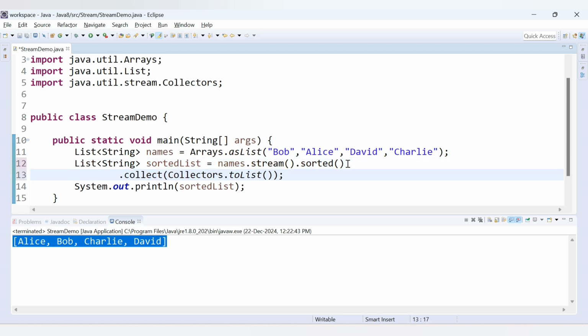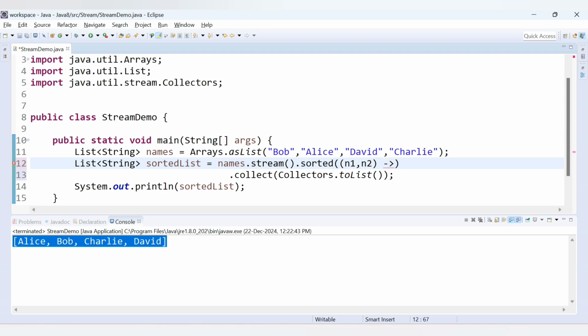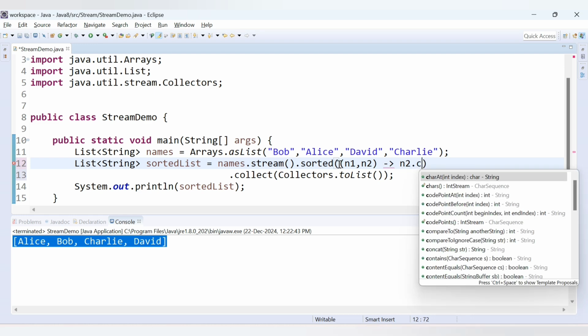Let me have this in the new line here. So inside sorted, you can make use of a lambda expression. Here you can take two arguments. Let's say n1, you can provide any variable name here, n1 and n2. I'm providing two variable names here. Then I will say arrow token, and after that I will say n2 dot